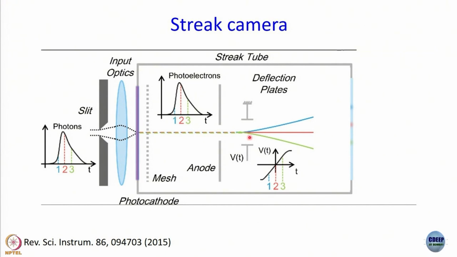Okay. So, when 3 passes, let us say this is the voltage, then what will happen? 3 will be deflected accordingly. When 2 passes, the way we have drawn it, we are at 0. So, 2 will go straight. When 1 passes, it is on the other side. So, it will go up, all right. So, what are we doing here? We are deflecting, but we are sending photoelectrons that arrive at different times in different directions,